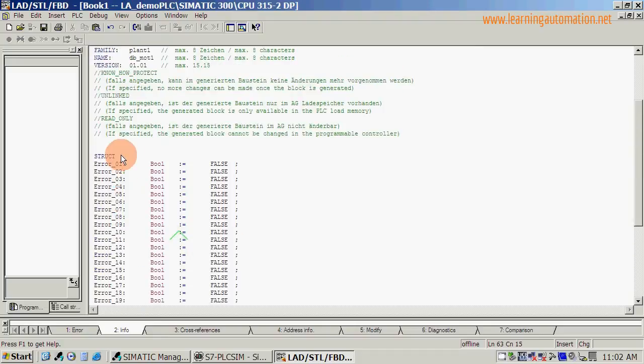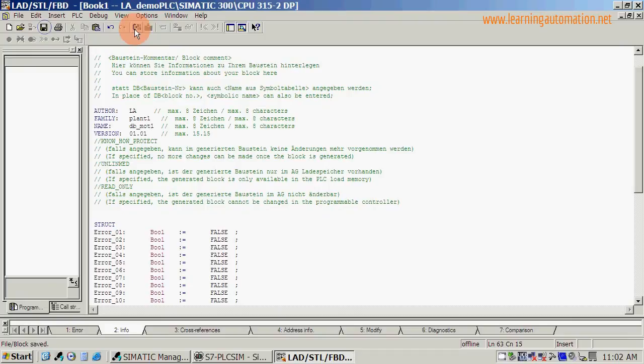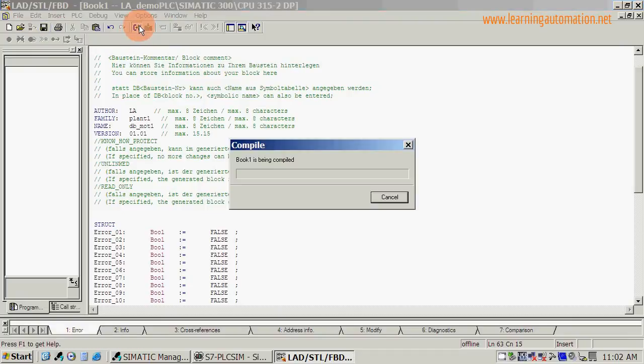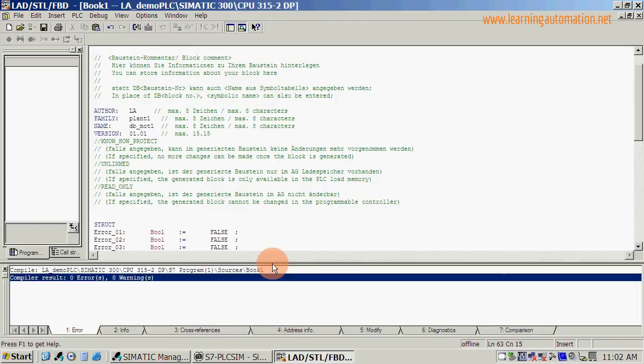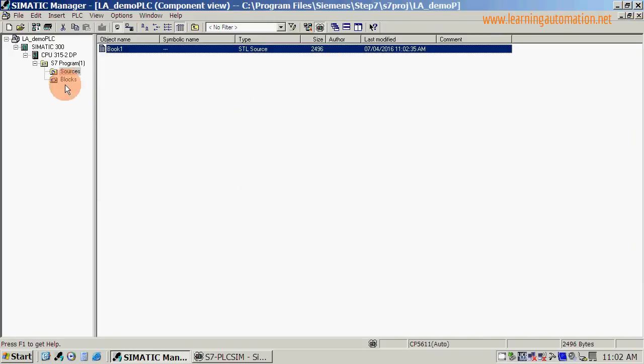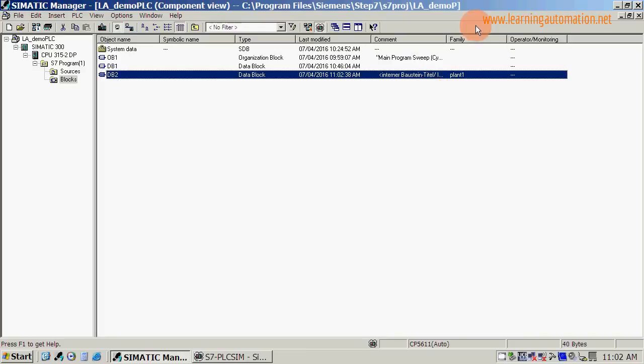When you're happy that all your data required for your data block is correct between struct and end struct, we can then save and compile the data. The data has now been compiled, 0 errors, 0 warnings. We can now close this down, and if we look under blocks, we have this data block 2 which was created,